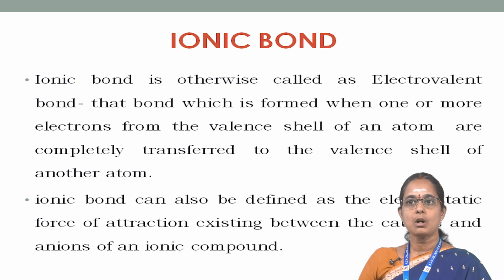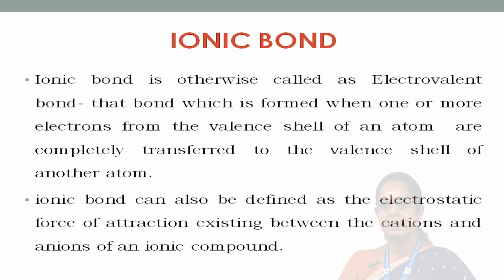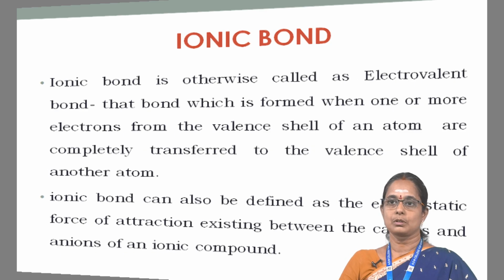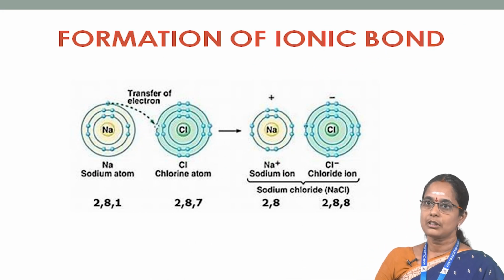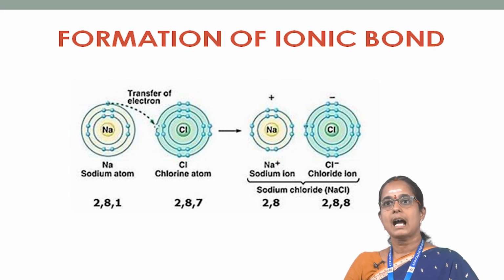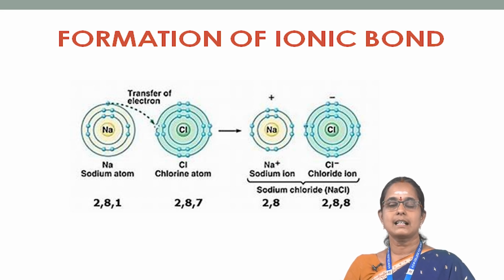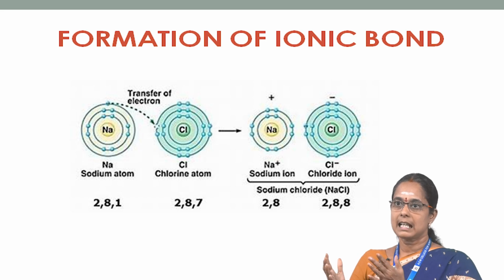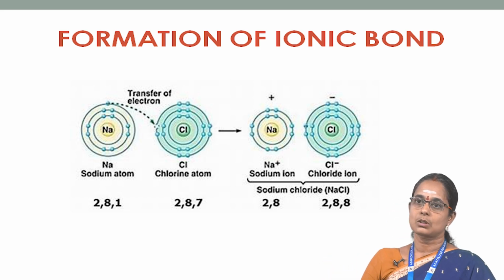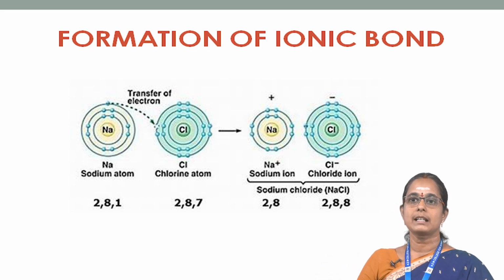Thus, an ionic bond can also be defined as the electrostatic force of attraction existing between the cations and anions of an ionic compound. In the formation of an ionic bond or ionic compound, energy is released. The cations and anions, obtained by the loss or gain of electrons, attain the nearest noble gas